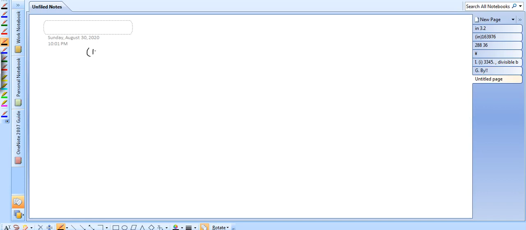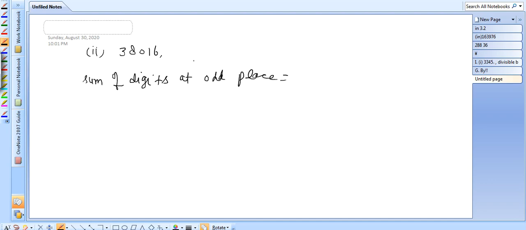Now second part. The number is 38016. Again, sum of digits at odd place. So which are the digits at odd place? 6, 0 and 3, because इनकी जो पोजीशन है वो है 1, 3 and 5. So the sum is